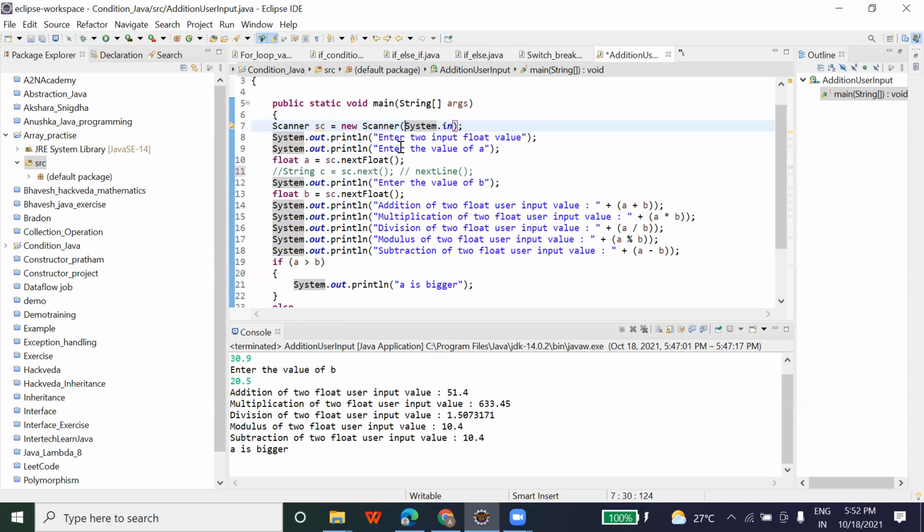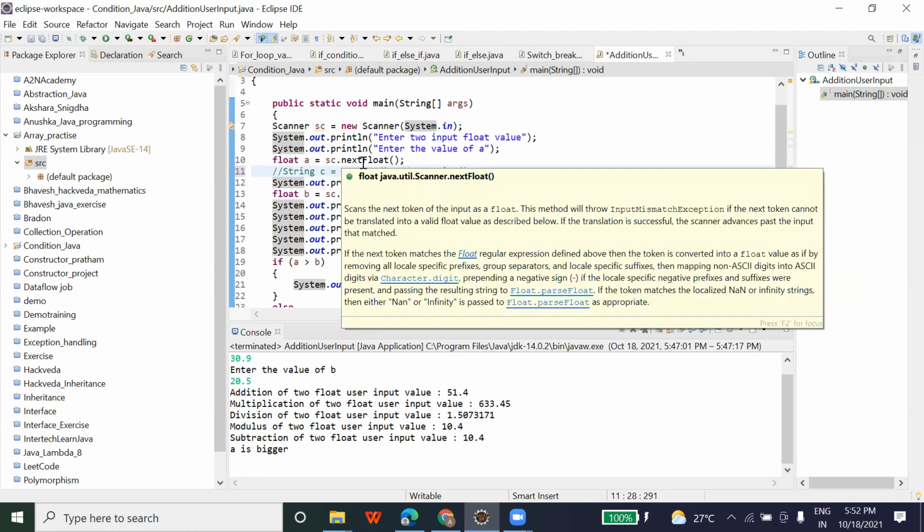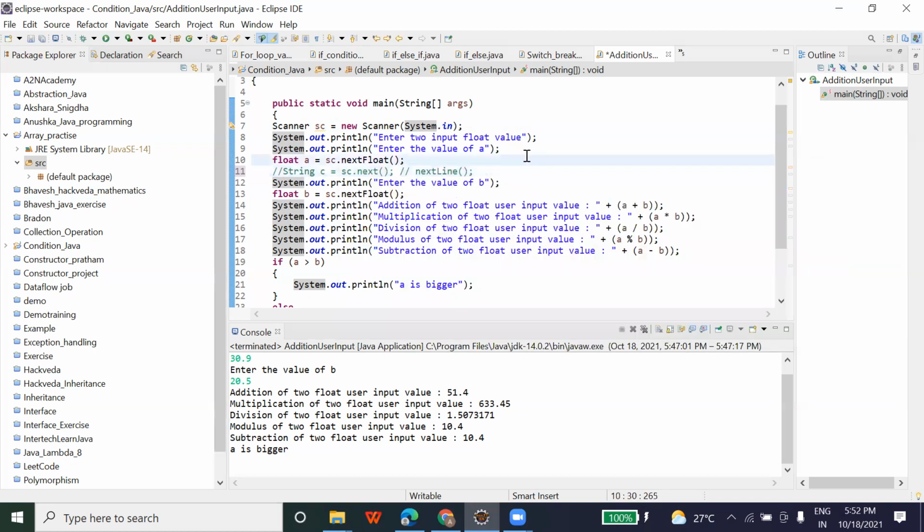While building this programming language, the Java inventor, James Gosling and his team, decided to take only this next and next line. It's not a user-defined function; it's a completely predefined function. So that's why they have not taken string. And another reason is that in a string data type, you can accept the whole line, the whole sentence as well. So that's the reason they have taken next line. But you can use any one of those. You can use them interchangeably.